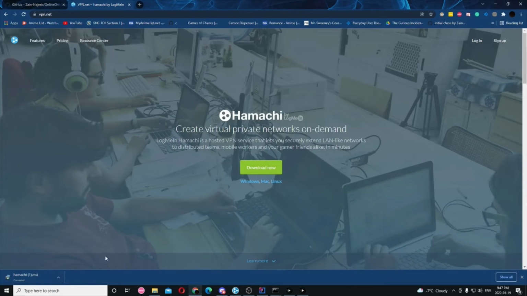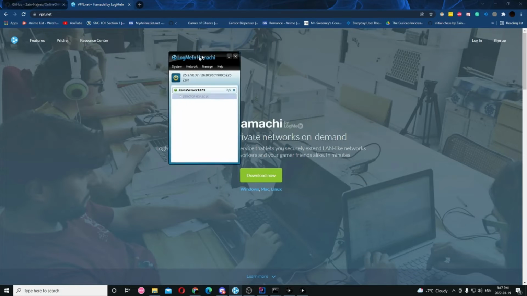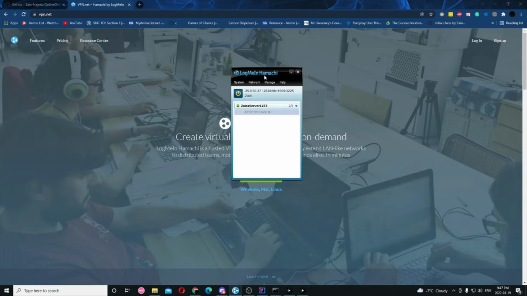I've already have it downloaded, so I don't need to download it myself. You should have something like this little screen pop up. So once both of you have this little screen pop up, only one of you has to